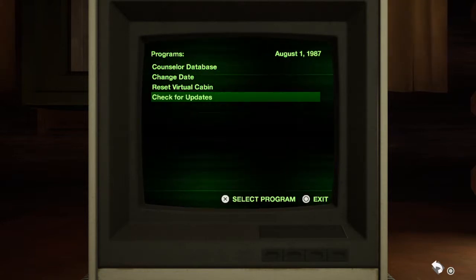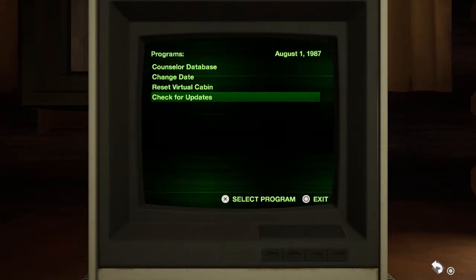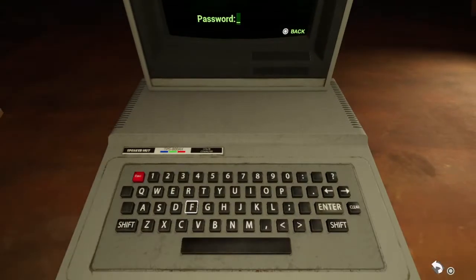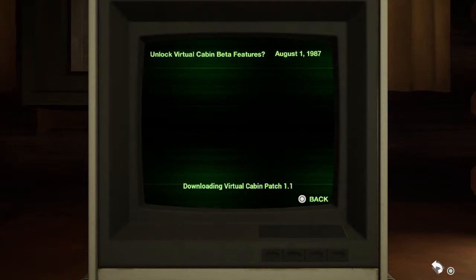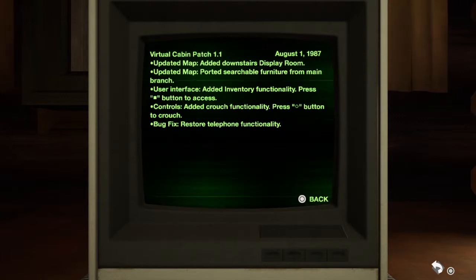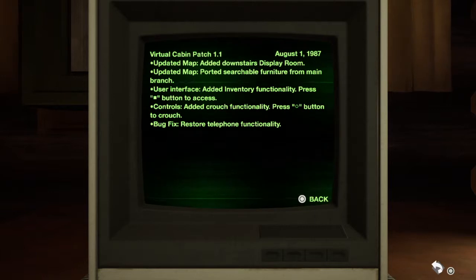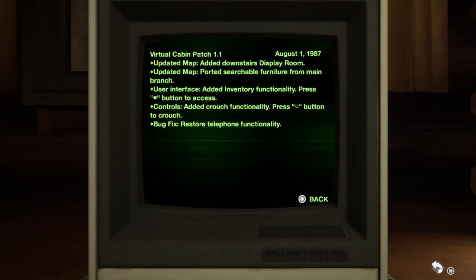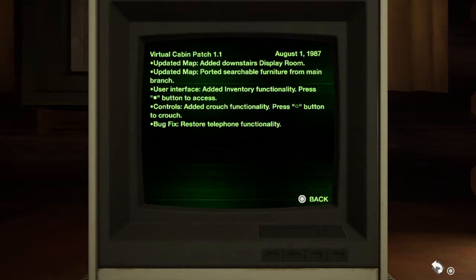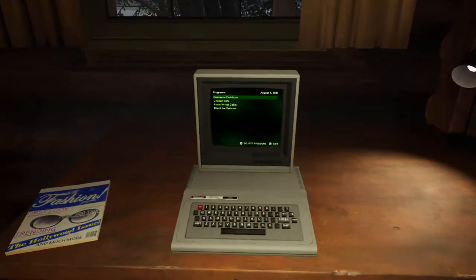So this is the first loop. What I need to do is go to this computer, select check for updates, enter password, follow this password very properly, type in mother, and this patch will be installed. As you can see, added downstairs display room, ported searchable furniture room, main branch, inventory functionality, press square to access controls, added crouch, press circle to crouch. You can also press your left stick if you're on PlayStation, and restores telephone. Okay, so now that this is done,